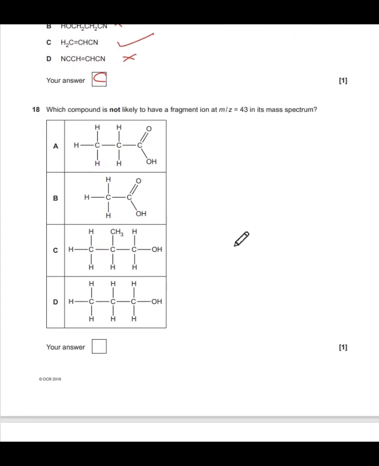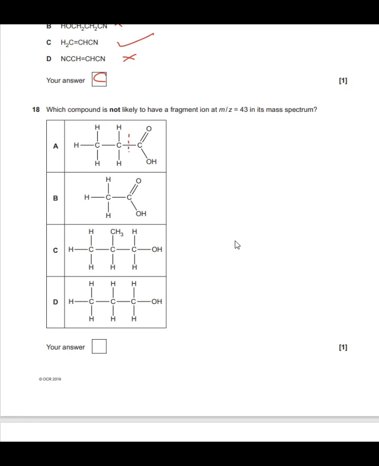Which compound is not likely to have a fragment ion at mass charge 43 in its mass spectrum? So OCR like to do the ones where you've got 3 correct answers and one of them is incorrect. So which one's not likely to have a fragment? So let's, if we were to